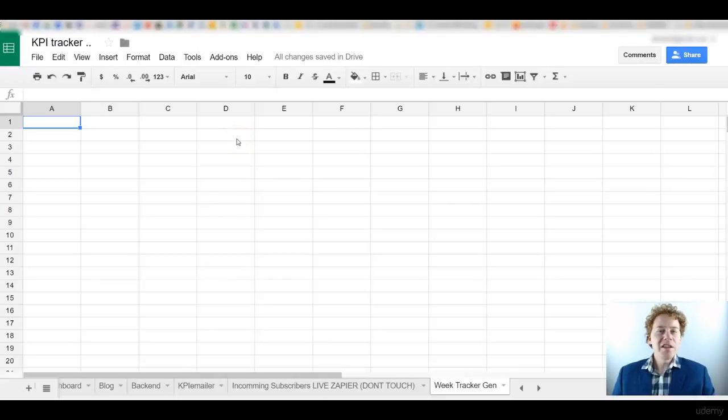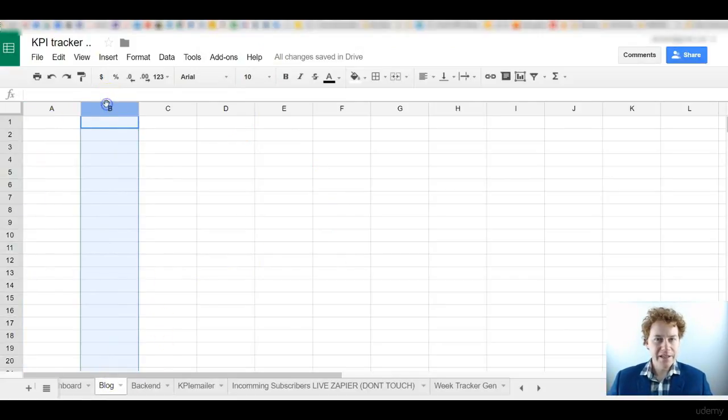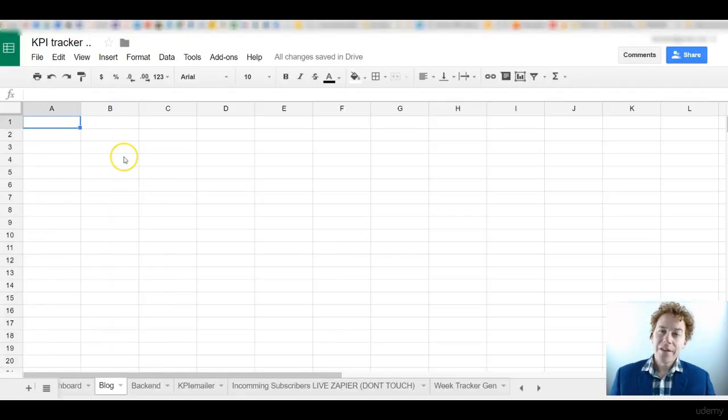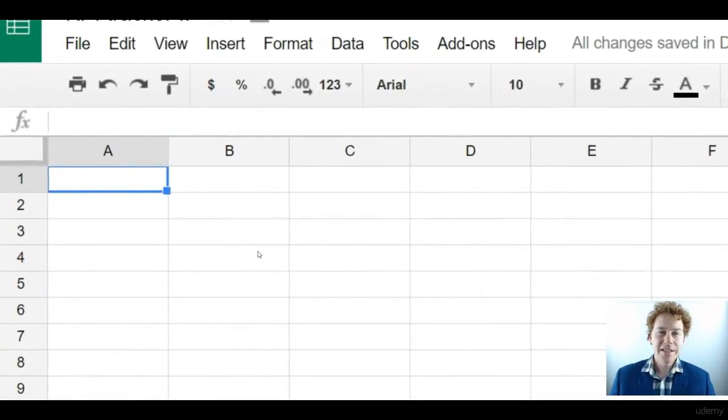Alright, so the first worksheet that we're going to start work on is going to be this second sheet that we created, our task worksheet. I've called mine blog, so let's head over to there. And in columns A and B, we're going to begin by adding some details about the task. The first one we'll have, starting from A1, will be the task,